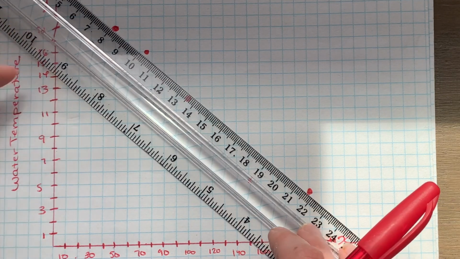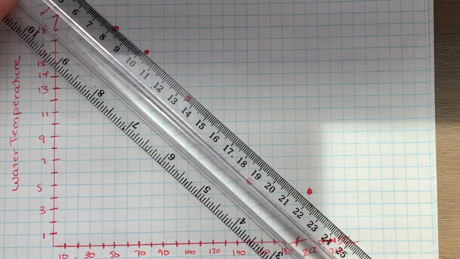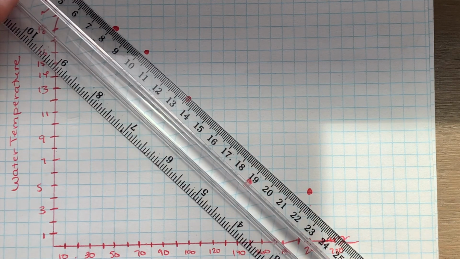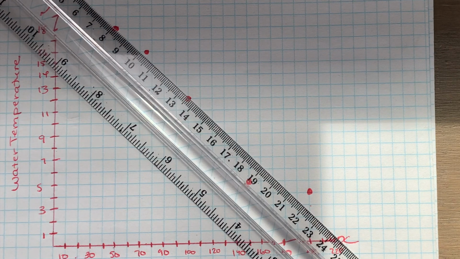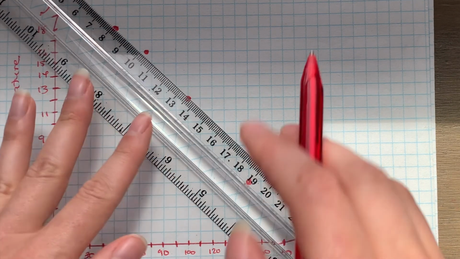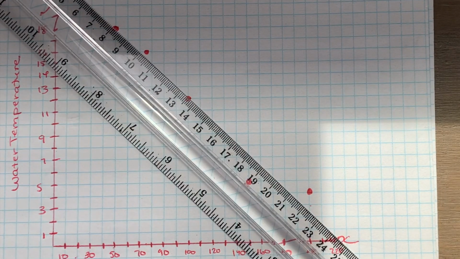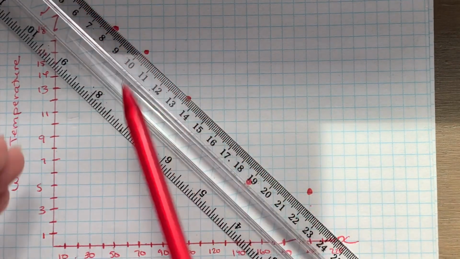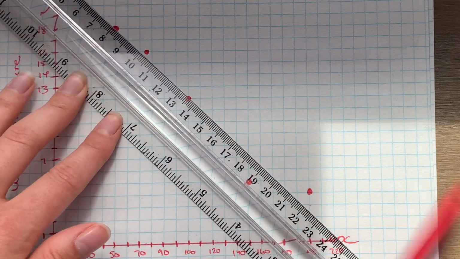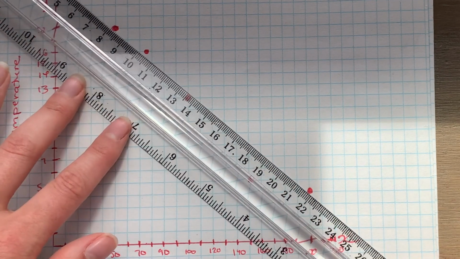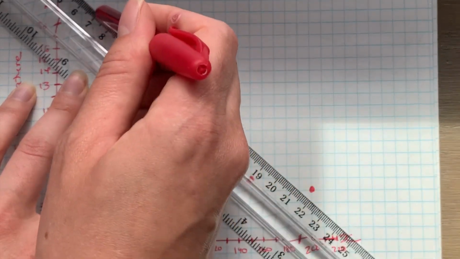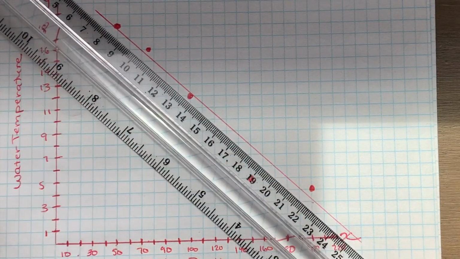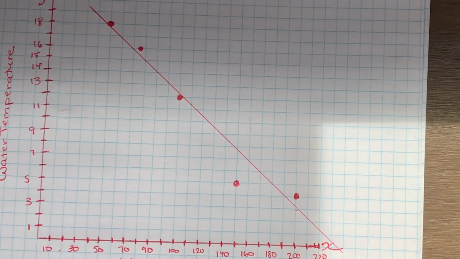In this case, if I were to draw it here, I would have about 2 or 3 above and about 2 below. It's about as close as we're going to get for this one because there are an uneven amount of data points. But you can see it passes through all of my data, and I have approximately the same amount on top as I do on the bottom of the line. And then I am simply going to draw that trend line straight down. And it should look something like